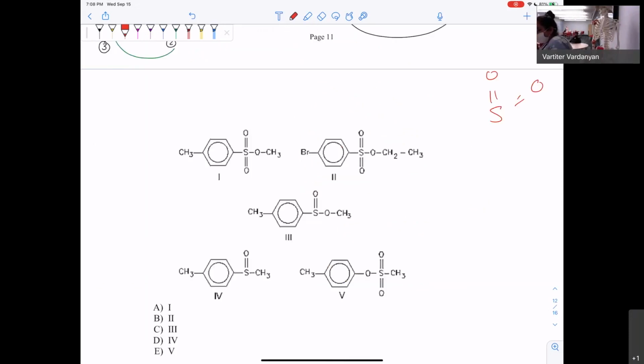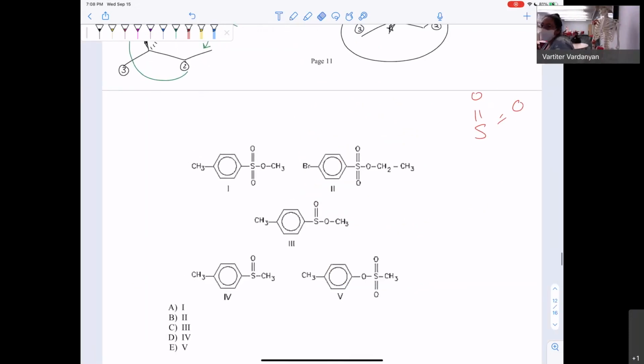So we're looking for a tosylate, and we know that tosylate has an S double bonded to two oxygens. So if you know nothing else, you can see this one sucks. The last one sucks, because they don't have two double bonds. So now you have 1/3. Your odds are much better, right? You also know that tosylate, because I'm telling you so, has a benzene with a methyl on it. So this is a bromine. We get rid of the bromine. It has to be the first one. So it's